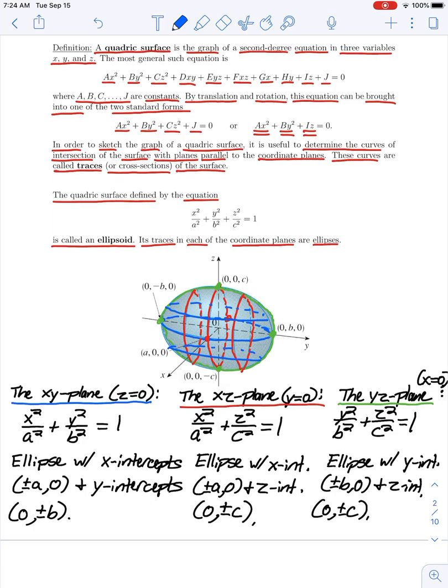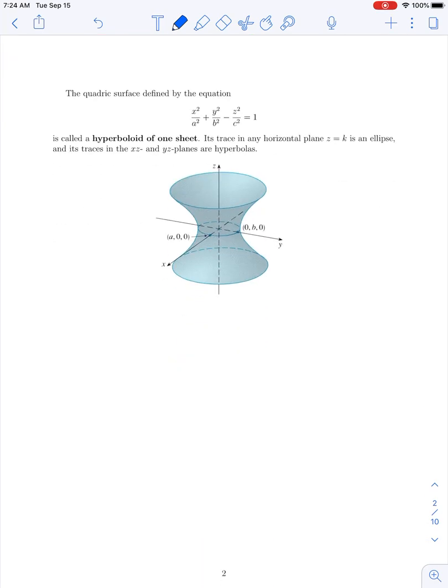So let's consider some other quadric surfaces. And the idea is going to be the same here. We're going to be considering what our traces look like in different coordinate planes or in planes parallel to those coordinate planes. So our next type of quadric surface will be the one defined by an equation of the form